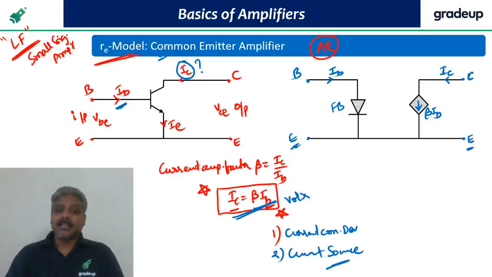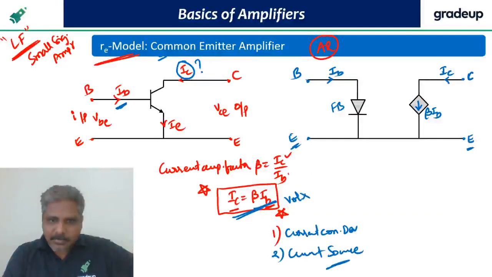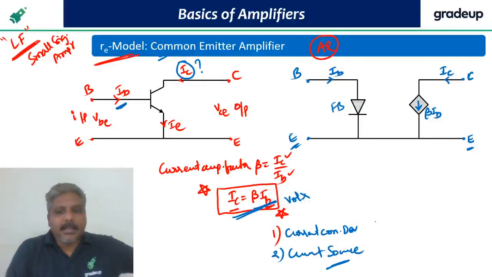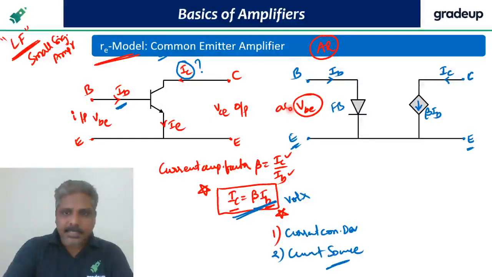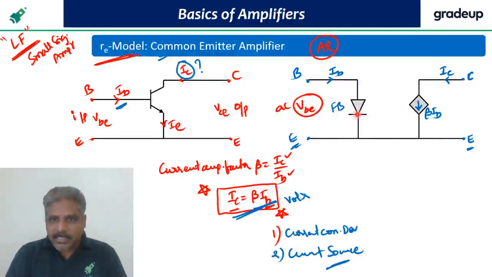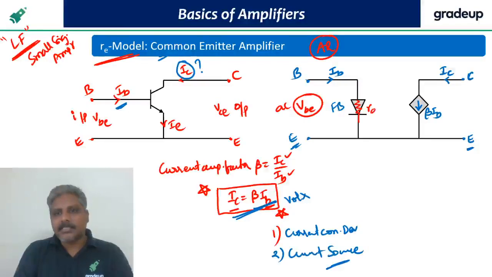They are AC current gains, because we are talking about AC currents, right? AC current by AC current. Now again, see the forward bias junction. Here is the signal, VBE. Is this an AC signal or not? AC. Again, see guys, a forward bias junction applied with an AC signal. What does it offer? It offers a dynamic resistance. What is that dynamic resistance? RAC. Let's find what RAC is for this.